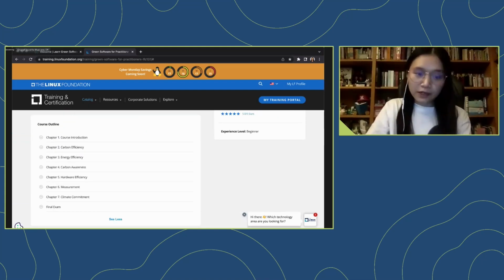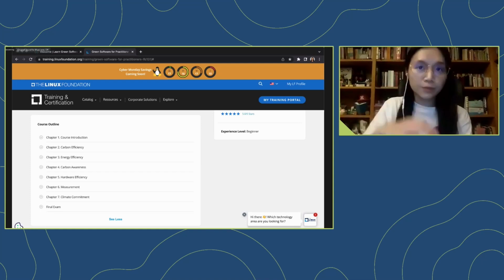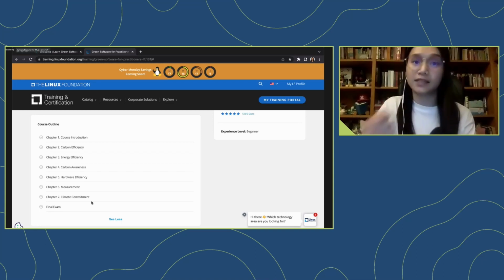The course itself is split into different modules, where each module reflects one principle of the latest iteration of the principles of green software. At the end of each module, there's a knowledge check for you to ensure you have gained the correct understanding before you move on to the next module. And right at the end of the course, there's a final multiple choice exam. And if you pass, which I'm sure you will, you will receive a certification of completion from the Linux